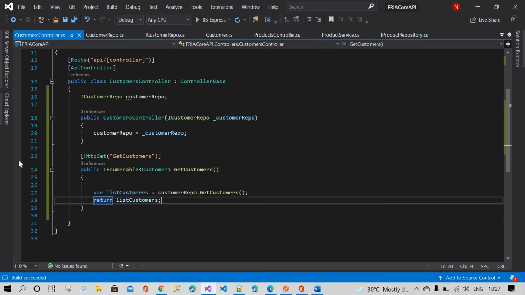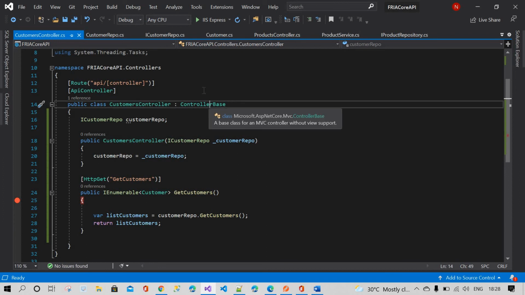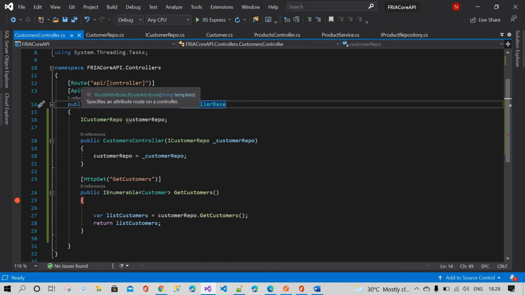So what will happen when you make a request is that the request will directly hit this API controller. The controller is nothing but our controller name. When you make a request from the browser, the request will identify which controller it needs to hit, based on the routing.